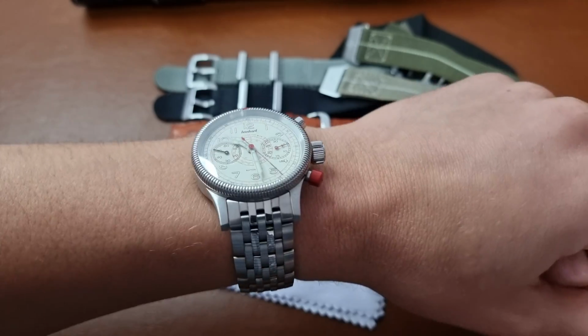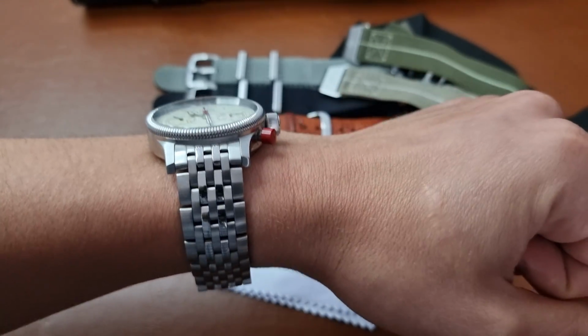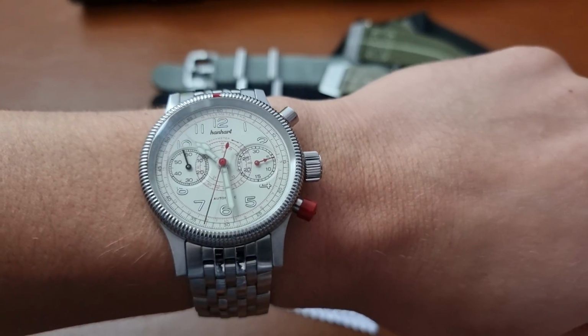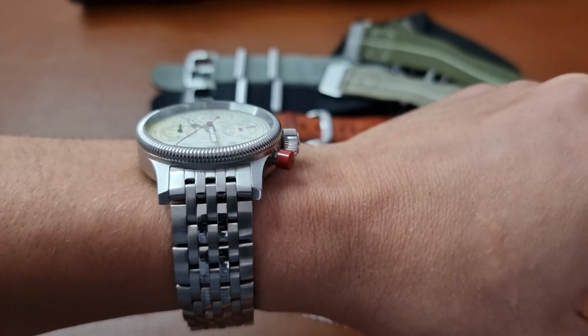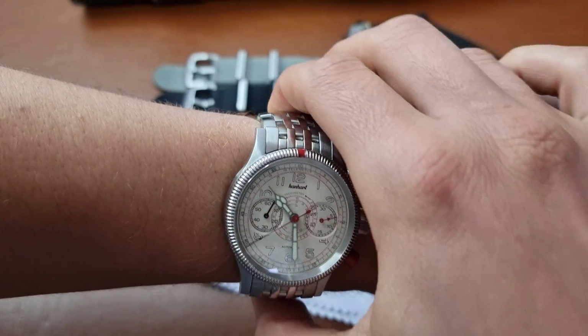This is how it looks. It's around a 6.7 inch wrist, which is medium size. So I think on a medium size wrist it will look really nice, as you can see. And the bracelet does contour quite well because of the construction of this